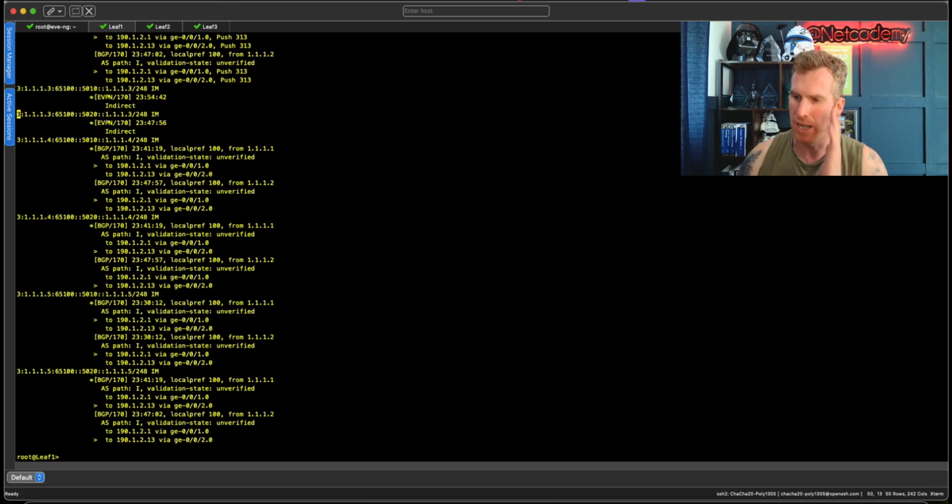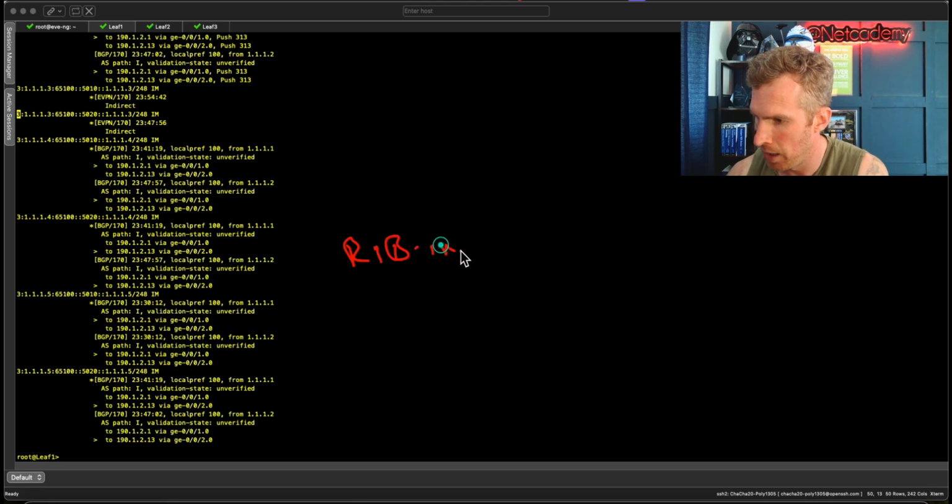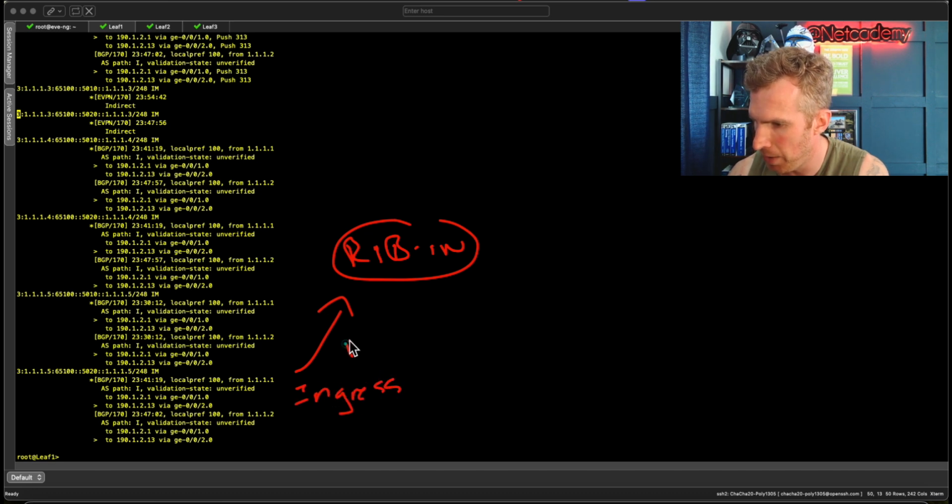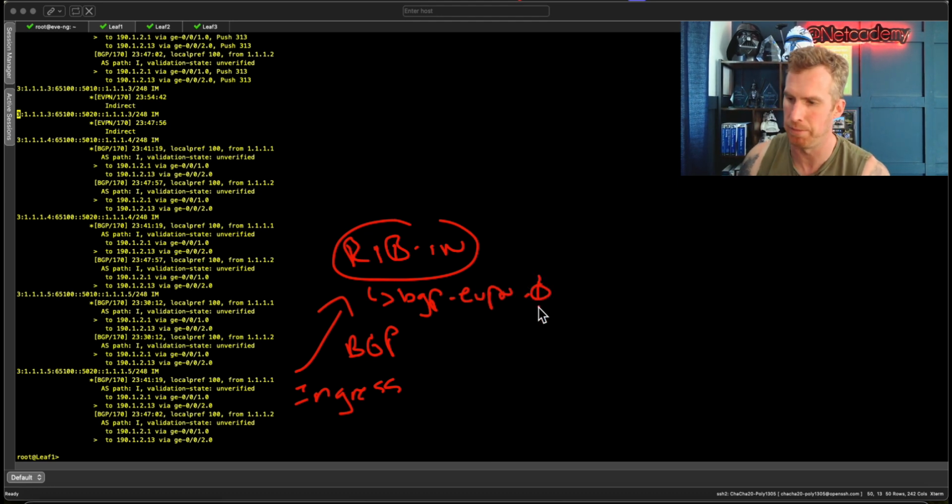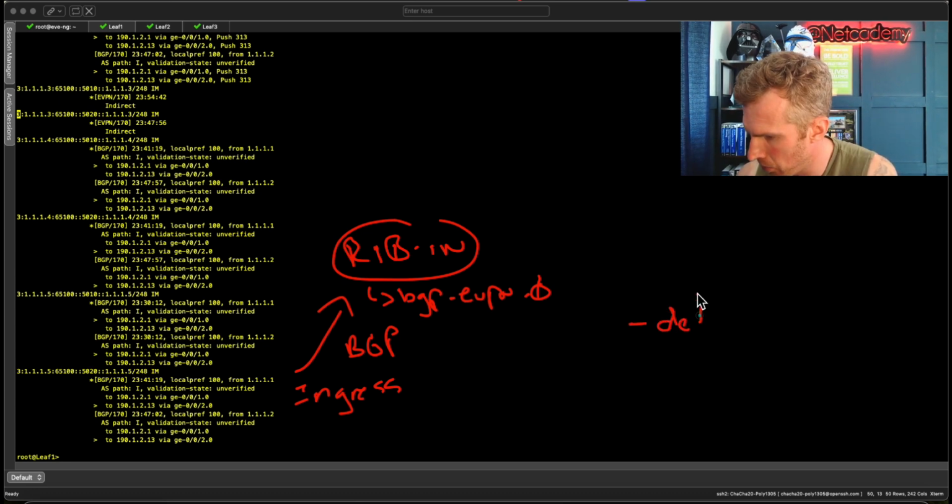So lots of information, but please recall that this is just the rib in table. So all those packets that have come into that ingress interface then get passed, because this is BGP at the end of the day, get passed to a rib in table. And that in the Junos world is your BGP.EVPN.0 table. That is basically what we've just looked at. But what about these other tables? We've got an underscore default underscore EVPN.0 table, and also we've got a